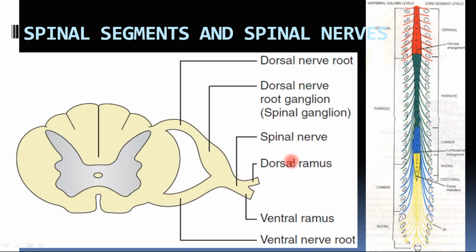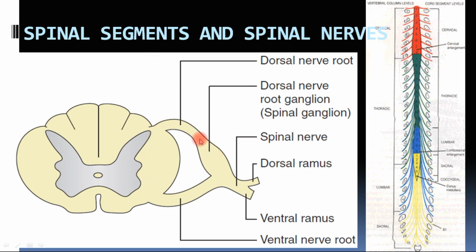The sensory neurons, which are part of the dorsal nerve root ganglion, are going to the spinal cord through the dorsal nerve root. As you can see, this is the dorsal nerve root and this is the dorsal nerve root ganglion. We have already dealt with what is a ganglion. It is the collection of cell bodies outside the central nervous system. So this is the collection of cell bodies which is a pseudo bipolar type of neuron. One end of this neuron, the peripheral end, goes and becomes the sensory receptor, and the other end goes and synapses in the spinal cord or ascends in the spinal cord.